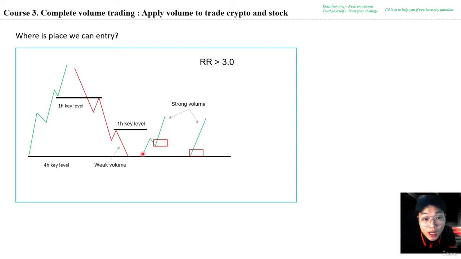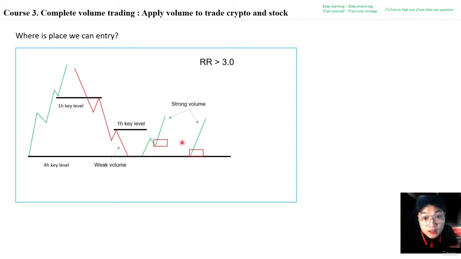And when price breaks out the 1 hour down movement key levels, we have two cases. The first case: the up movement in the 1 hour already has a structure of a high and a higher low. It means that we have the key levels in the up movement of the 1 hour time frame, which is a recent low of the market that creates the highest high, and we can enter right at these key levels.